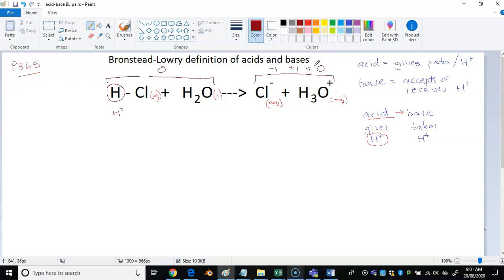So there's no change in overall charge on either side of the arrow. It stays the same. It's simply shuffling from one reactant to the other reactant to form the products there. All right, so let's have a little bit of a look at the HCl here and see what's happening, what it looks like first in